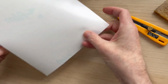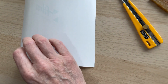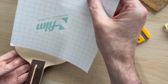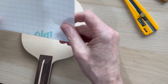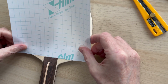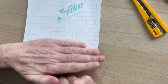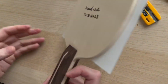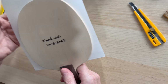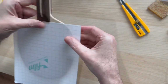Throw that one out of the way. Let's do it on a wood nut rather than me tell you about it. For the time it's going to take, I've not got a roller to hand, so I wasn't going to do this. But look, you roll it on, make sure you don't get any air traps in there, and then let's just pretend I've cut round it. I'm not going to get out the chair and start cutting round it, but what you've got to do is...